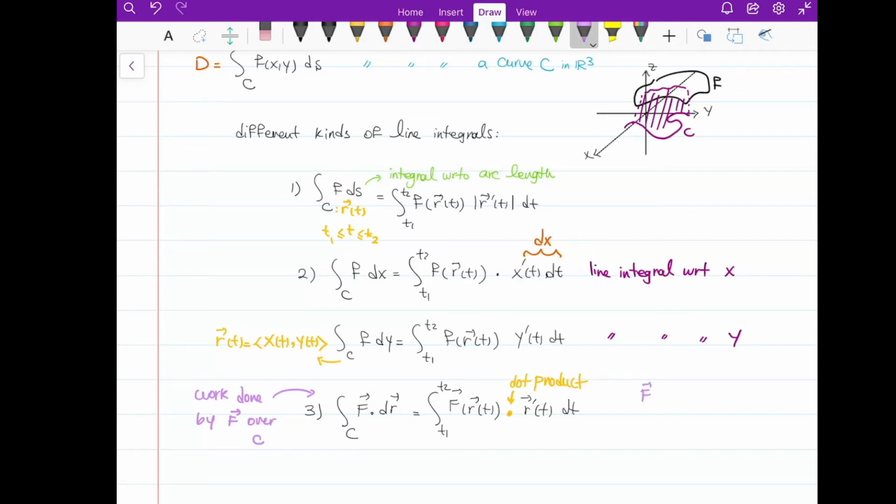If f and c are in the same direction, the work is positive. If they are in the opposite direction, then the work is going to be negative. Okay,